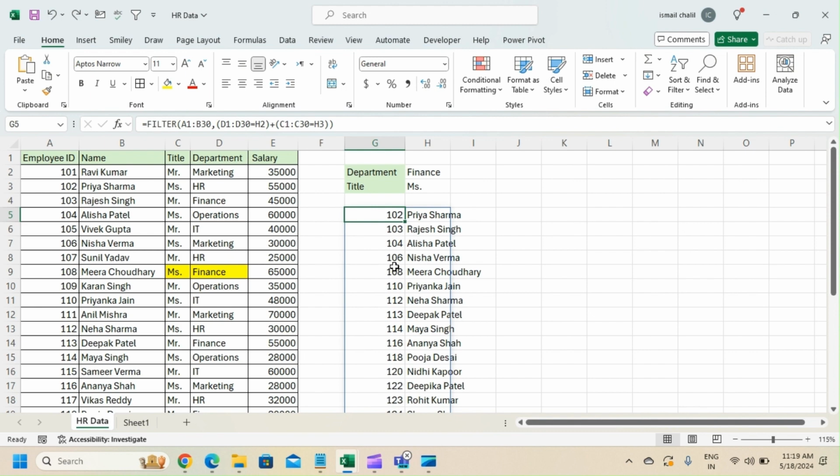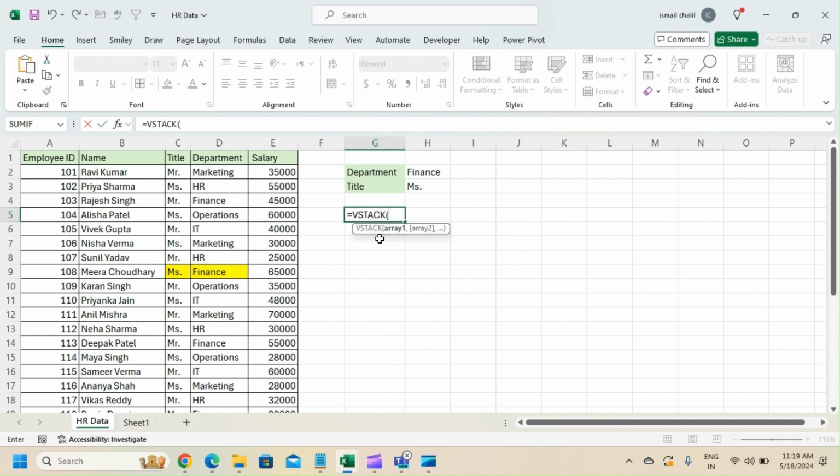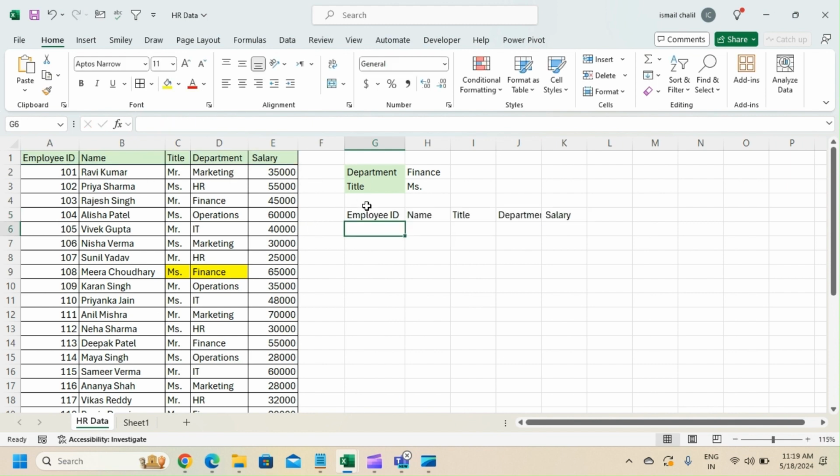Now let me give you the third part, which is I want to include my heading from here in my filters. How do we do that? We have a fairly new formula, which is the VSTACK formula. So if I just use this VSTACK, I'm going to get this output. Okay, and you see I've got that. Now inside this, I'm going to